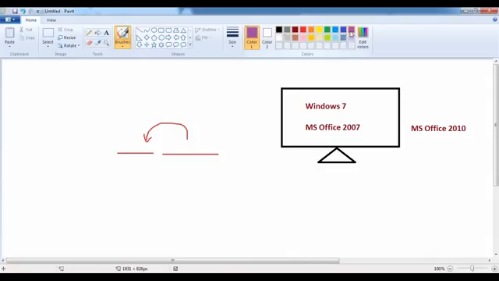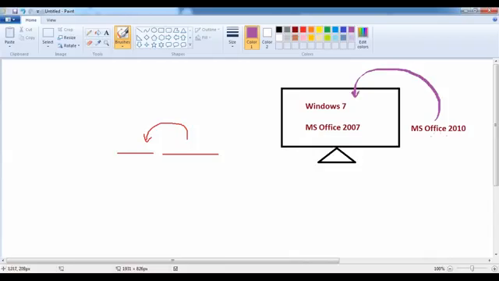No, because it is purely licensed software. MS Office is purely available on a license basis. So we have to buy the license of MS Office by investing a huge amount, it may be 10,000, 20,000, whatever it may be. We have to buy the license by contacting Microsoft, and then install that software into our local system.